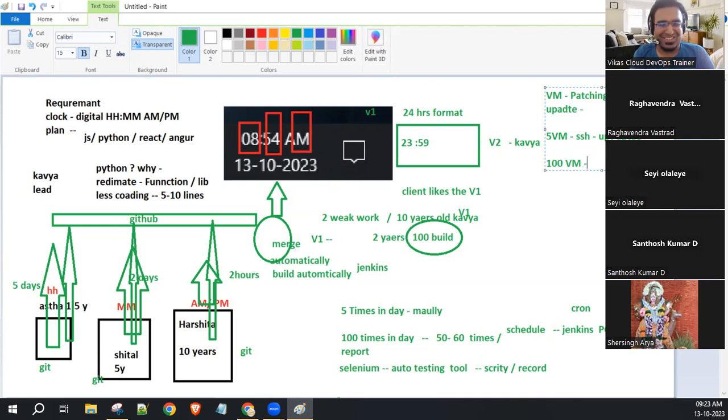We have to use a tool called Ansible. You have to take the help of the tool called Ansible. Ansible can do this activity for you. I will teach you the same experiment: patching, installation, simple. In place of patching, if you feel that it is difficult, take Python installation on 5 machines. You will run apt install python and it will get installed. But if my requirement is 100 VMs, we have to take the help of the tool Ansible and it will do the activity for us. Got it? Yes, no? Yes. Okay, cool.